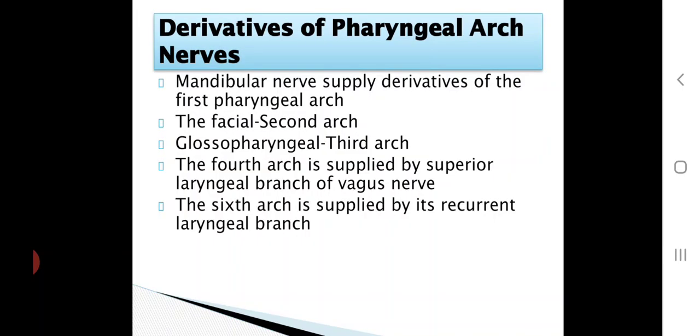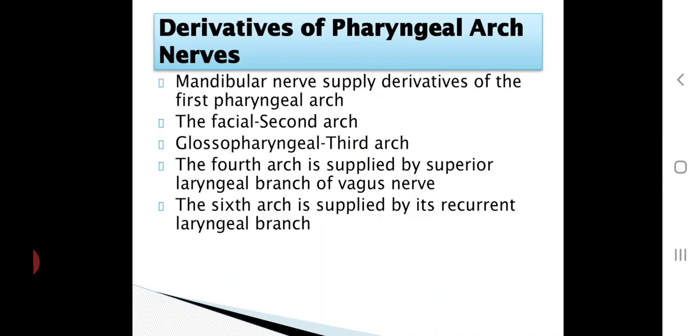Now we will come to the nerves of the pharyngeal arches. Mandibular nerve is the nerve of the first pharyngeal arch. So one way the students can remember these nerves is, you can remember that for the first arch, whatever muscles there are, they will be supplied by the mandibular nerve. Otherwise, the muscles that are supplied by the mandibular nerve will be the derivatives of the first pharyngeal arch. Similarly, all the nerves you can remember in two ways. So the first arch nerve, mandibular nerve.